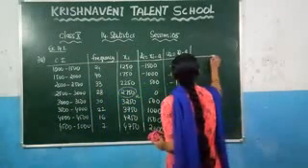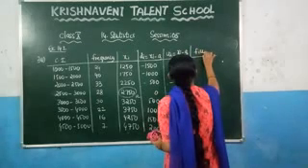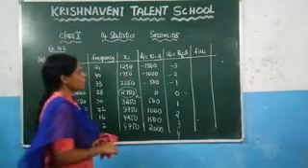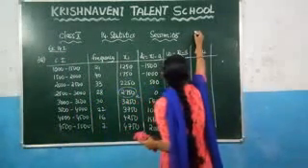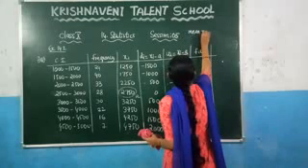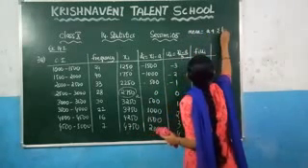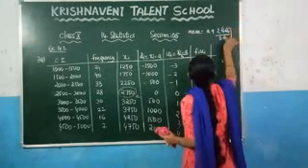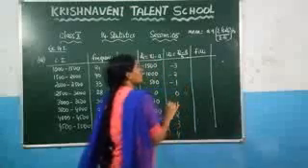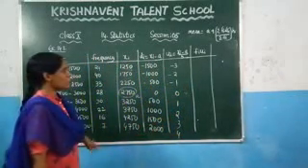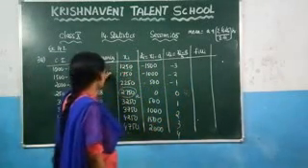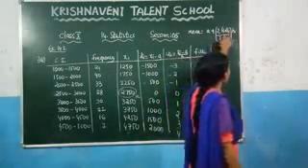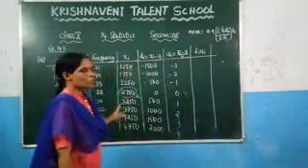Now we have got these values. Now what do we need to find? We need to find the value of fi ui. Because what is the mean formula for the step deviation method? The mean is equal to a plus sigma fi ui by sigma fi, into h. This is the formula to find the mean in the step deviation method. Here we have calculated the fi values and the ui values, so you need to find fi ui. That means multiply these two values at this stage.